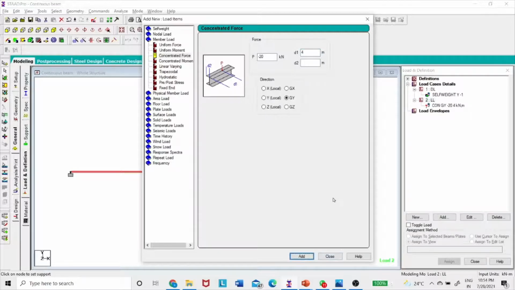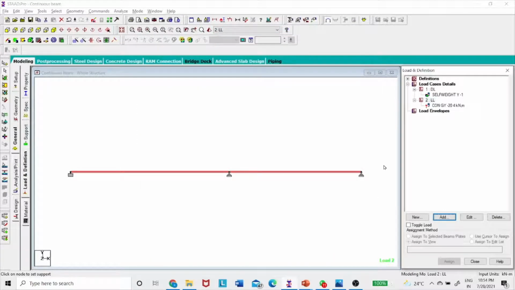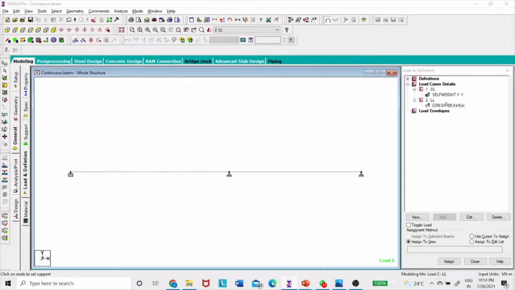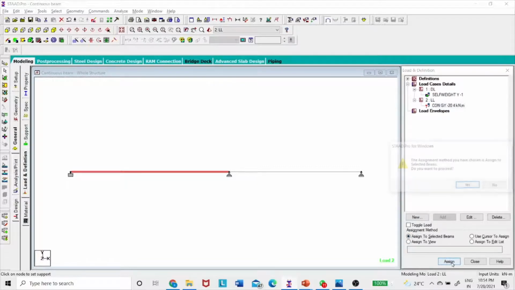Then we will go back and assign and check. Now this load has to be assigned only to this beam. So first you press on the load, press on that beam, and click assign to the selected beam. Say assign, press S. You can see here it is okay. From A to this load is 4 meters and this load is 2 meters.